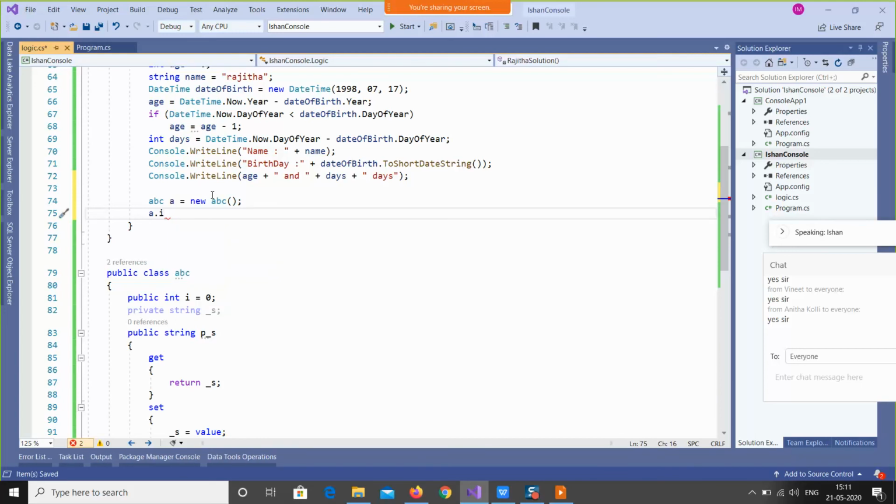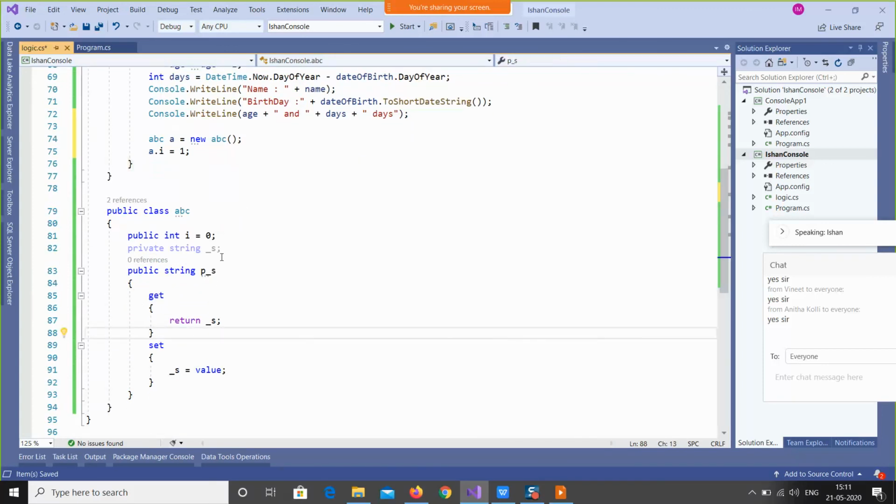So here, a.i is my public integer value, and I can change it to 1. The initial value is 0, but now I have changed it to 1. But with the property, I can make it restricted.